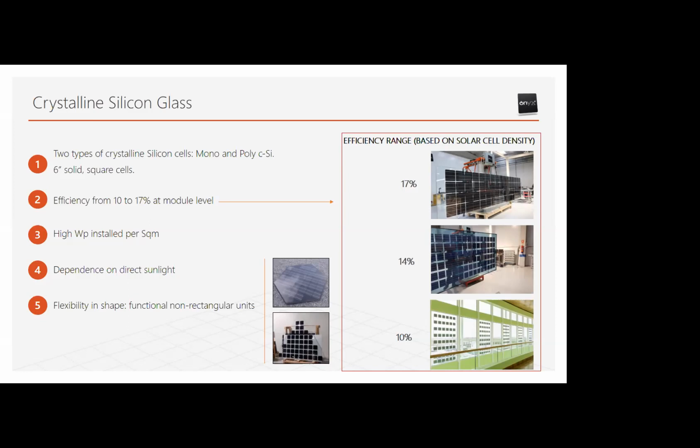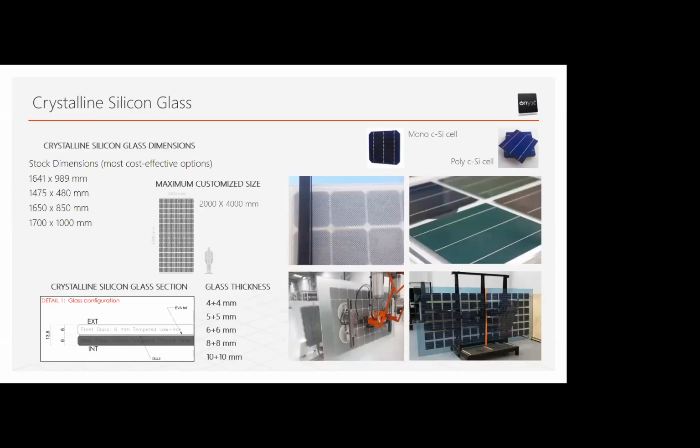And compared with thin film, it's also very interesting, the options that we have with non-rectangular units. As you can see there, we have hexagonal units, triangular units, we also have circular shapes. So many different options, which with thin film are also possible, but more complicated. In this case, again, we have some standard sizes. We can also customize to a maximum of 4 by 2 meters. And as you can see in the right side,